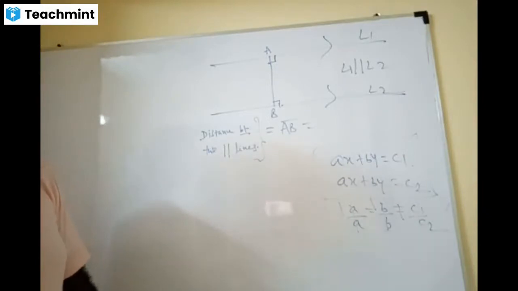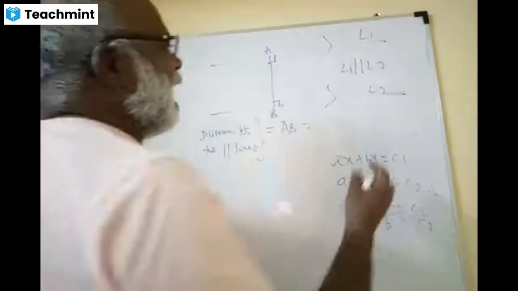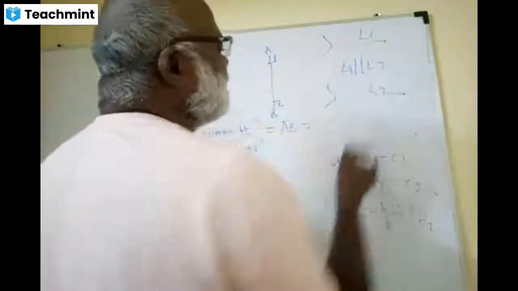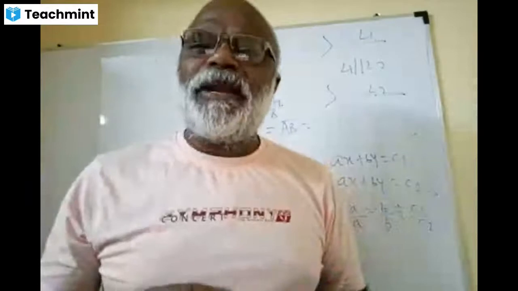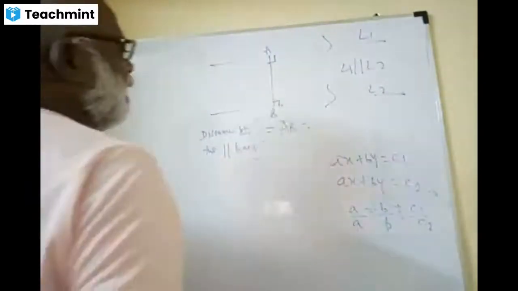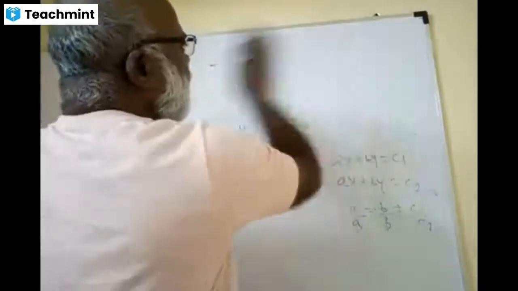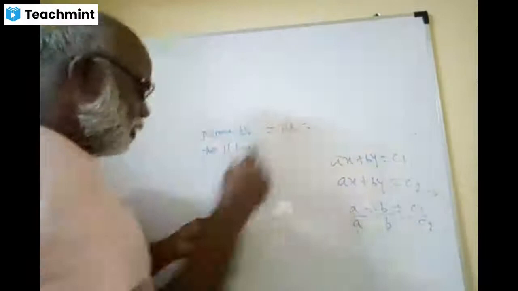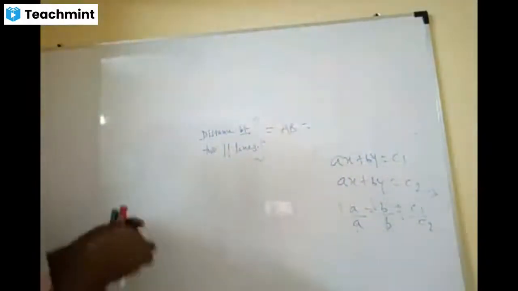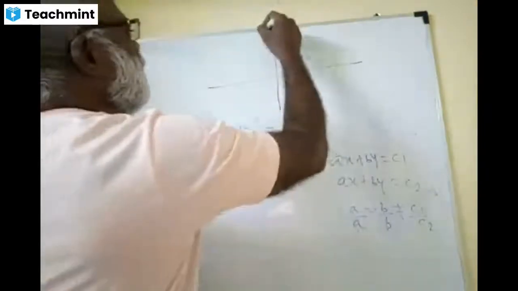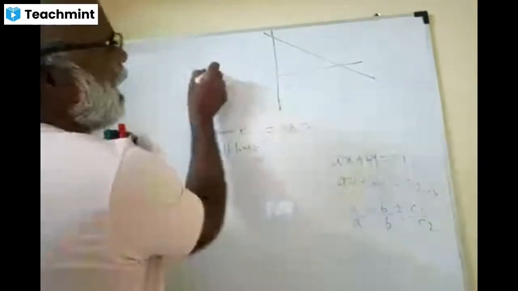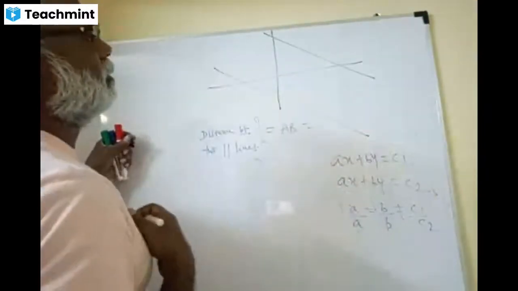Parallel lines, yes. So, how do I write? I want to write this line and this line in the slope intercept form, dears. That's very simple. Let me take a proper rectangular coordinate system and put those lines in it so that you get a better understanding. This is my one parallel line, this is my another parallel line.